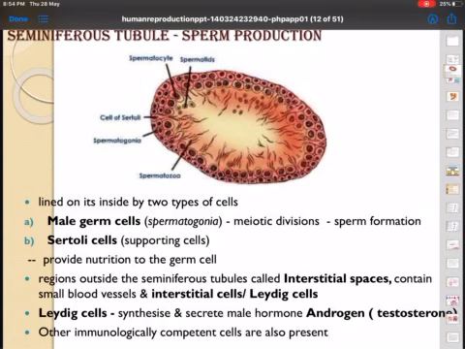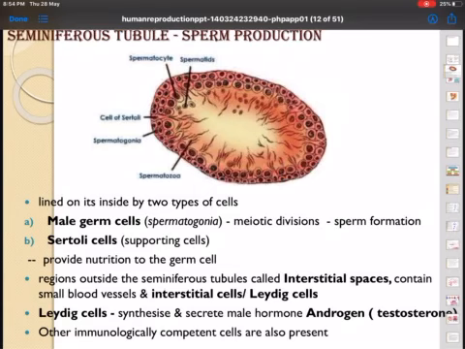So basically it is the spermatogonia which will undergo meiosis and form primary spermatocyte, and the primary spermatocyte further forms secondary spermatocytes, and these secondary spermatocytes will form spermatids, and spermatids will undergo cell differentiation to form spermatozoa, or